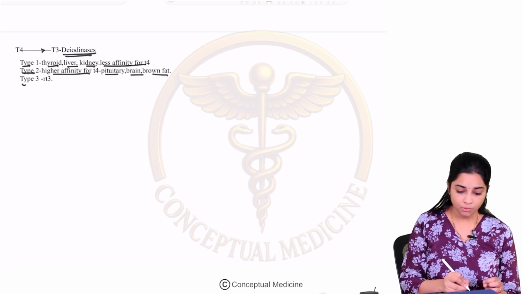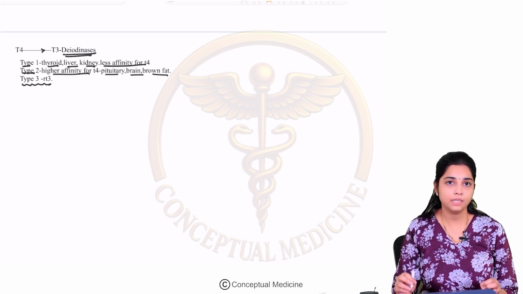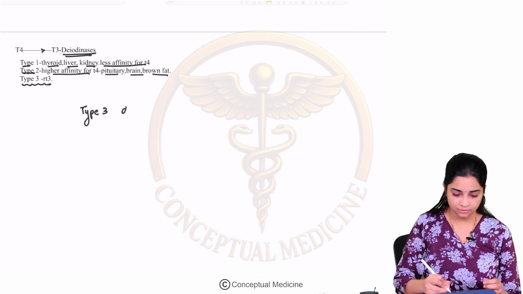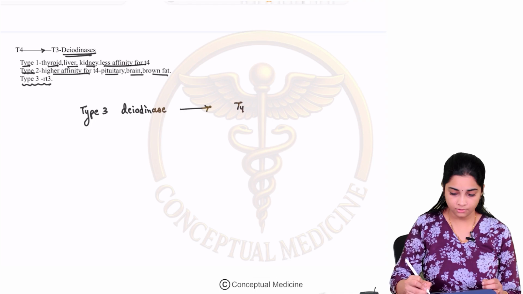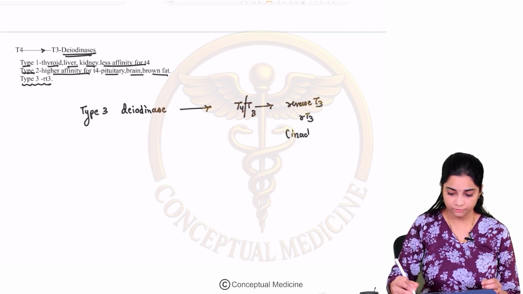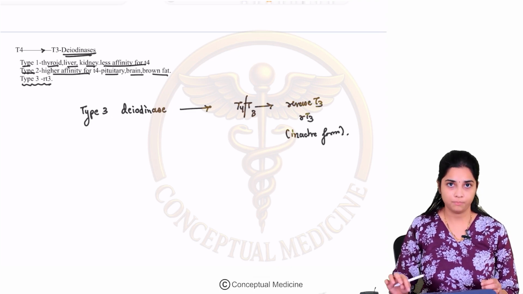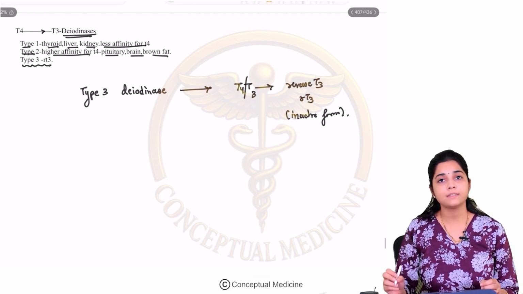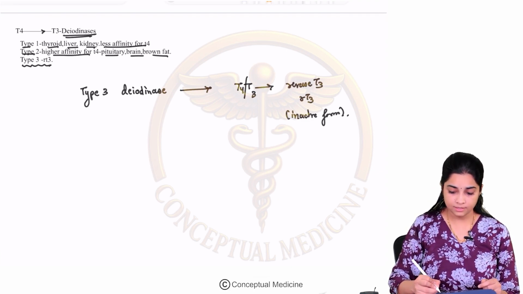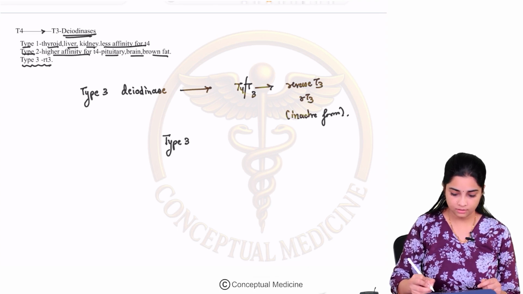Okay. Now, what we have to know is that there is a type 3 deiodinase and what is its clinical significance. This type 3 deiodinase is basically responsible for conversion of T4 or T3 into reverse T3. Reverse T3 or RT3 is an inactive form. Okay. So, the clinical point you have to remember is that this type 3 deiodinase activity